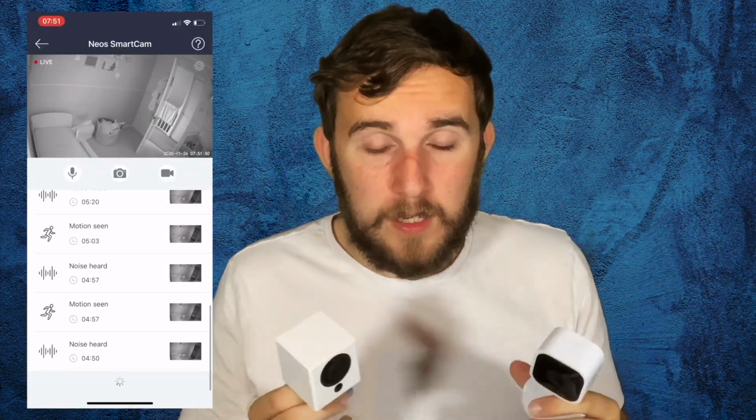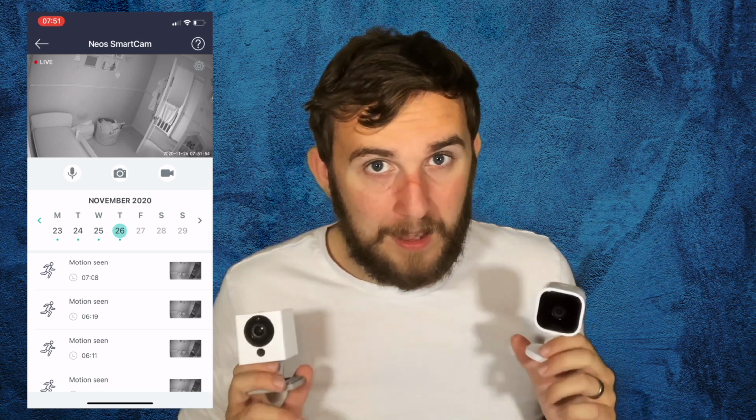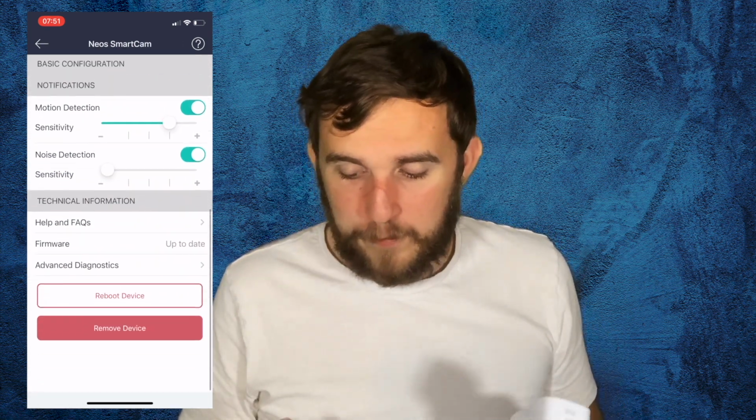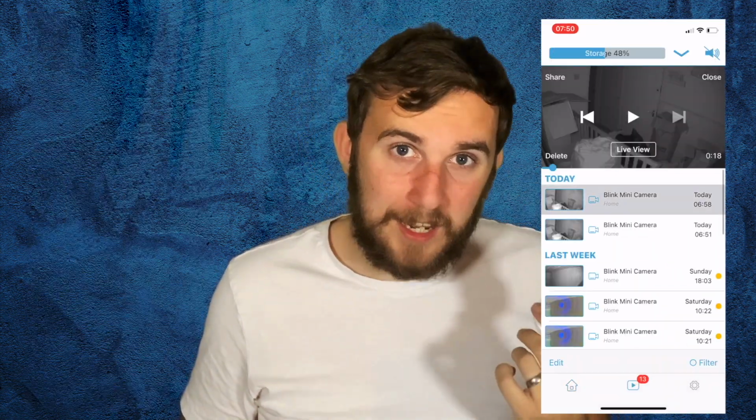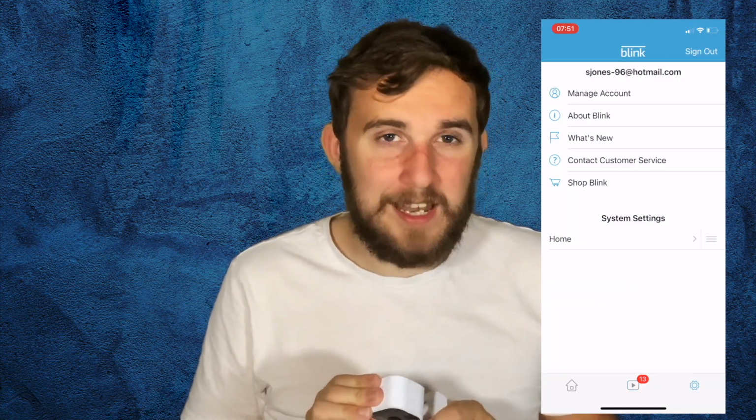In terms of things like how easy the apps are to use, which is really the main thing, as long as you can access everything and it's not a pain to be able to do that, then I'm happy. So both of them are fairly easy to use. In all honesty though, if I was going to pick my easiest, it's going to be the Blink. It's just a little bit clearer. Everything sort of has its place a little bit more. You can tell it's a little bit more